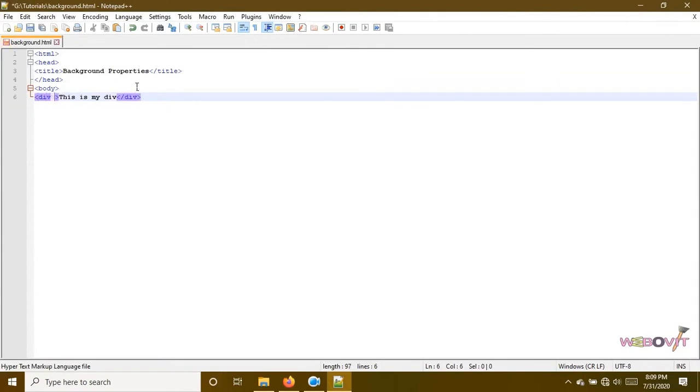Currently we are doing it using the inline method, means we are putting the styles directly. Later on we will mention the style through an external style sheet. We have learned already how to do this. If you don't know about this, then you should first view our previous tutorials, and if you don't have any knowledge about HTML, then we suggest you first learn HTML. We are giving the links of both the videos in the description section.